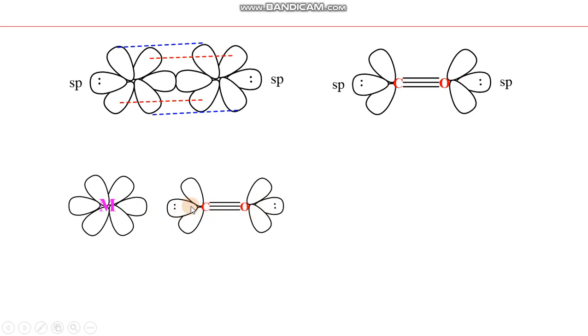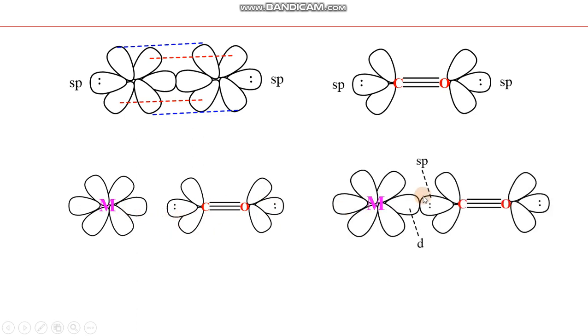So carbon monoxide interacts with the metal center through carbon, not through oxygen. And in the next discussion, I will also discuss why it interacts through carbon, not through oxygen. And this is an absolute phenomenon for carbon monoxide: no case where a metal has been attached through oxygen has been reported yet.